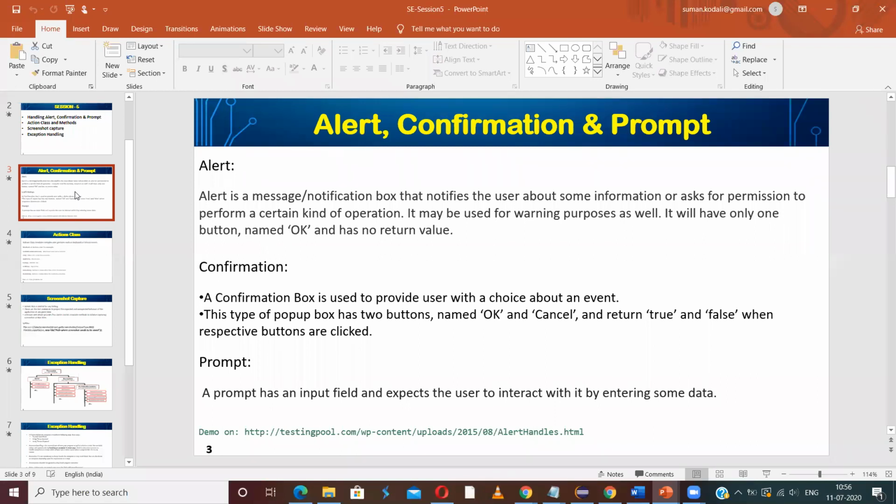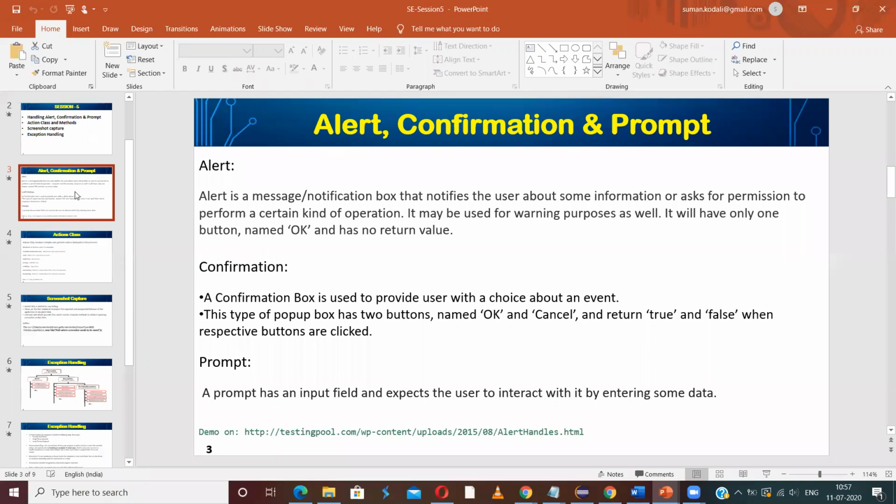Alert, confirmation, and prompt are three different types of pop-ups. What is an alert? An alert is just a message or notification that should be displayed to the user, so the user should be aware of some information, some warning, some update.